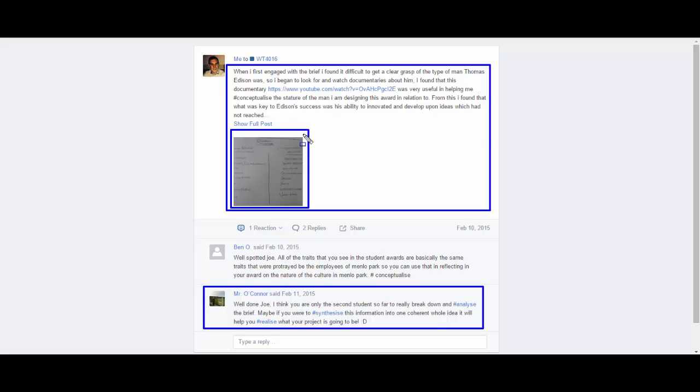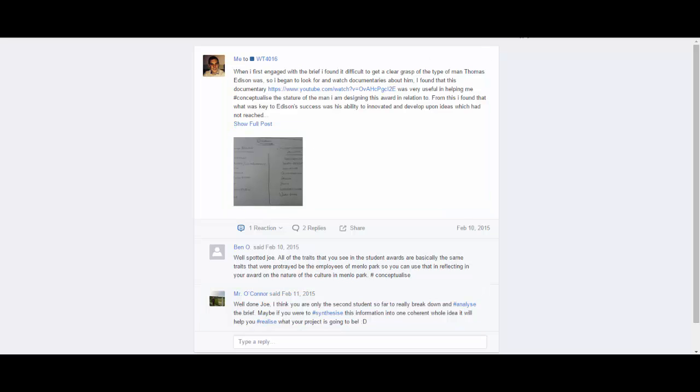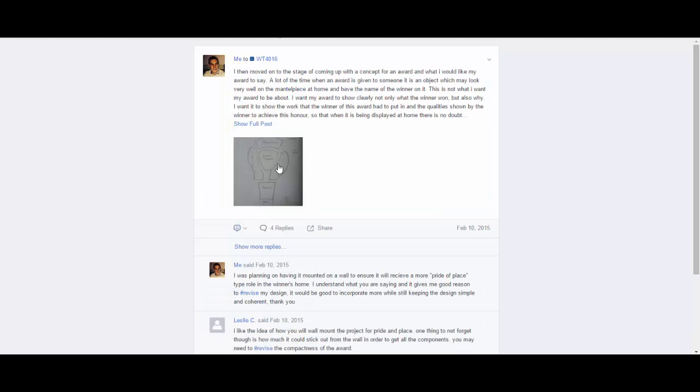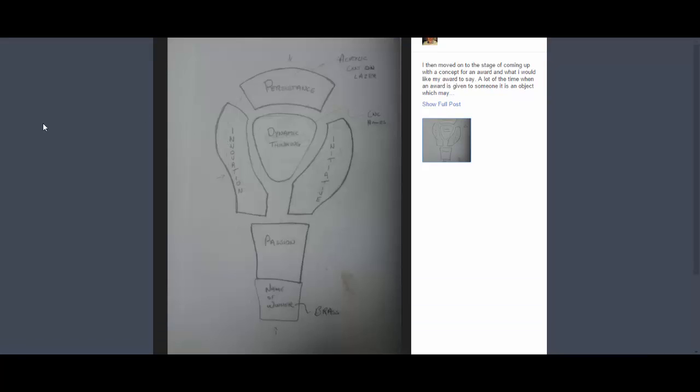By being able to put this up on Edmodo straight away, I was able to move on to the next class with complete confidence that I was moving in the right direction, so that this was over and done with, basically. And then on to the next one. This is taking some of those keywords and key ideas that I came up with, and I was able to put them into a design.